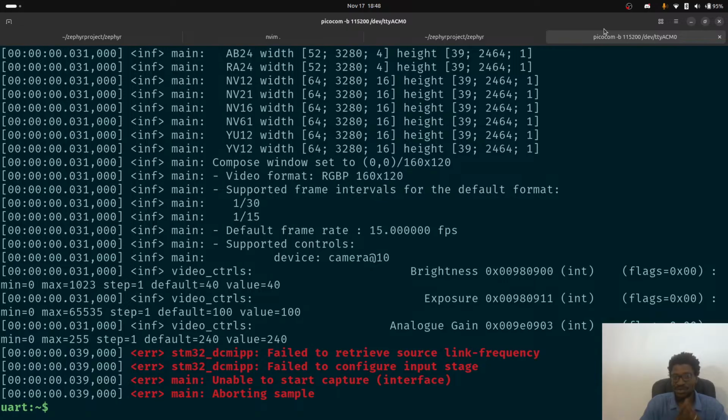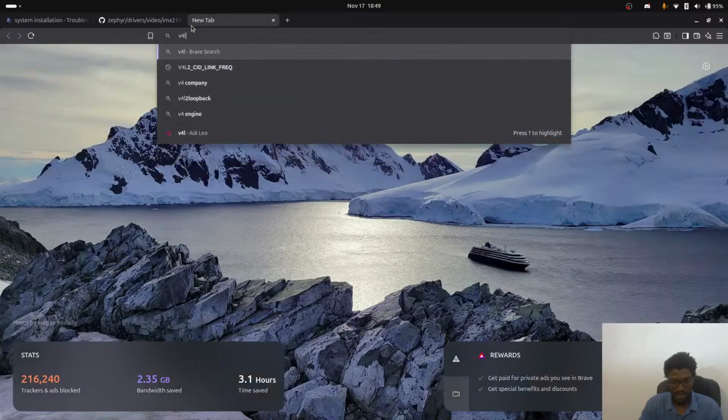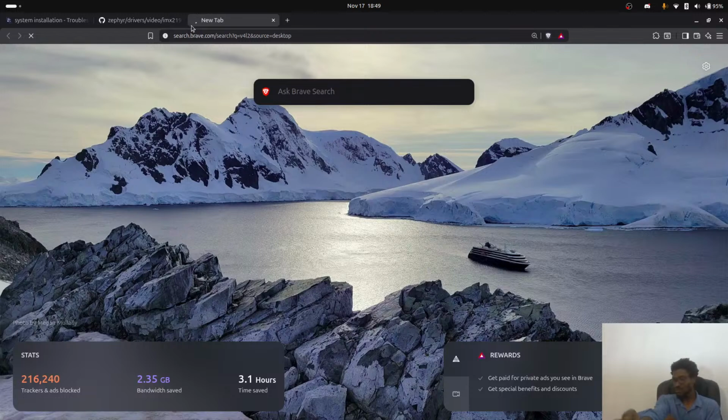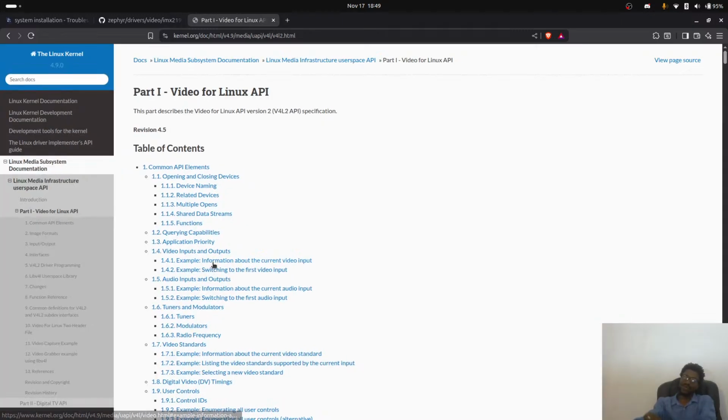Okay, cool. So now we're actually getting somewhere really nice. The thing that is happening here is that Zephyr is moving towards an API that looks like V4L2, video for Linux. This is the API, because what we are aiming to do is